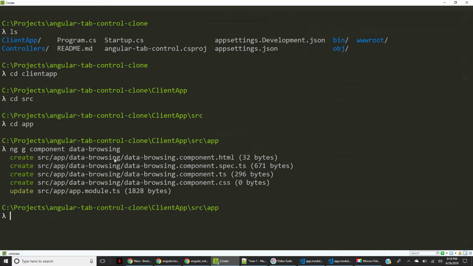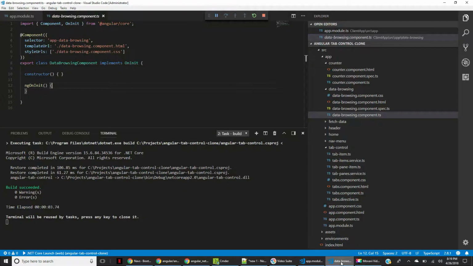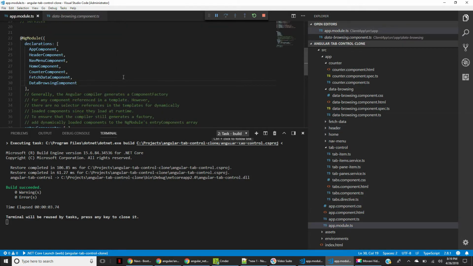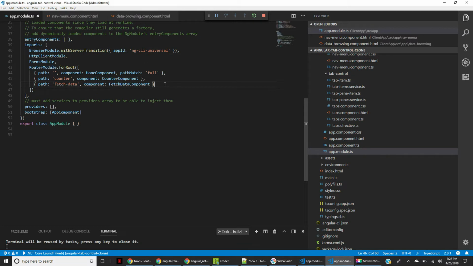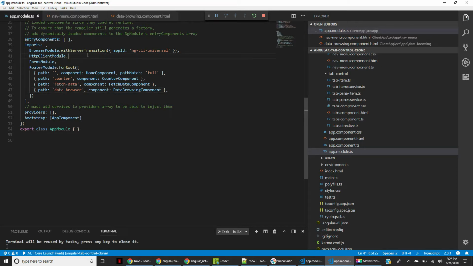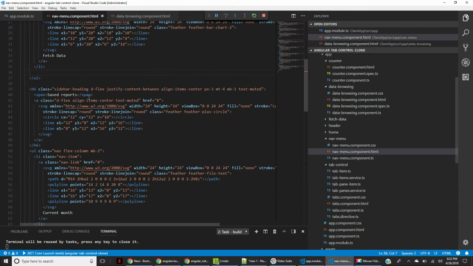Okay, so we can head back over to Visual Studio Code and see that our data browsing component has been created with .html, .css, and .ts files, and it also registered our new component in app.module.ts. Okay, so the next thing we need to do is add a route for our new component. So we will add a data browser route in app.module.ts. Then we can come over to our nav-menu.component.html,